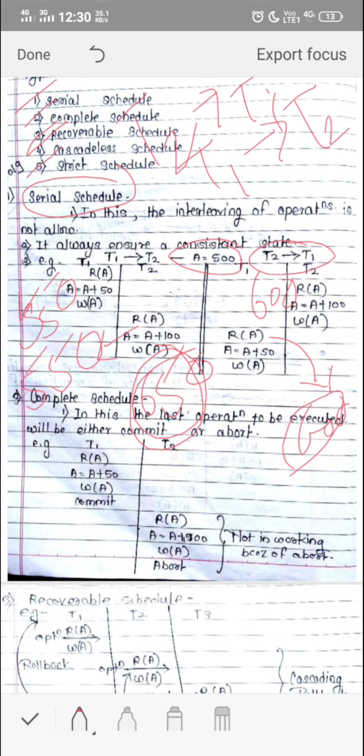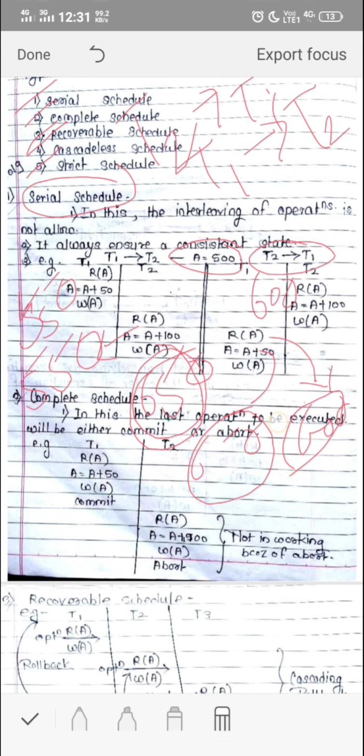Once it is updated to rupees 600, I am going to add rupees 50 again to it. So it will become rupees 650 again. So you can see both the orders give me the same answer, rupees 650. Before the transaction, the data value of A was 500, and after the transaction, whether T2 starts first or T1 starts first, I am getting the same answer, 650. So this is all about the serial schedule.